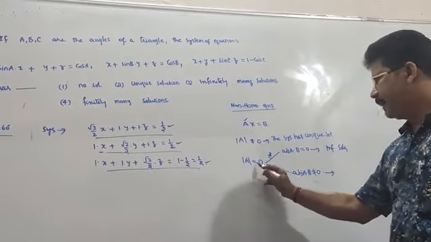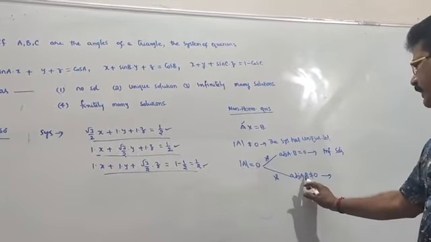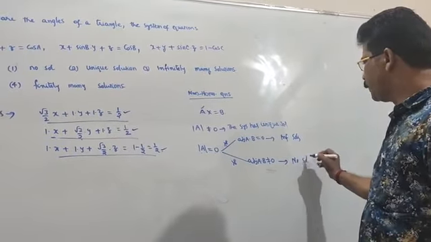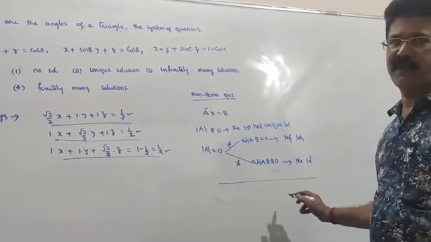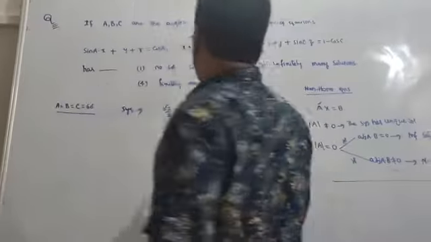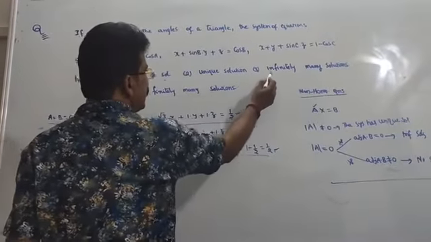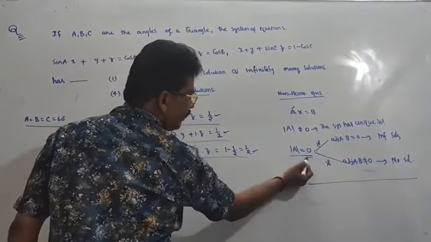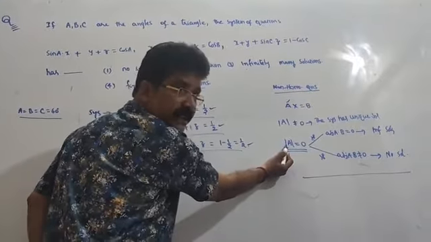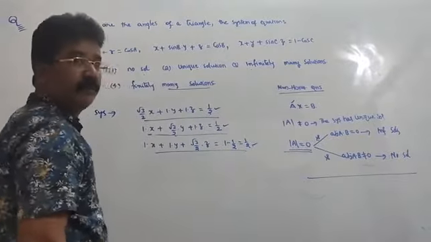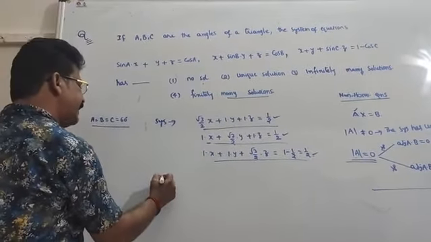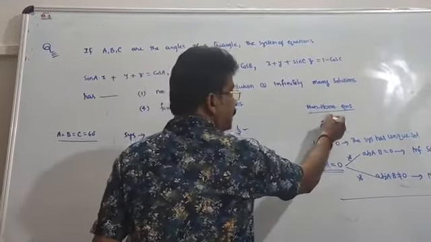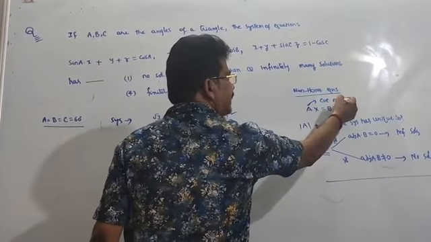Here, if det A is equal to 0 and adjoint A into B is not equal to 0, then the system has no solution. Already I said this in the synopsis. That's why, for no solution, unique solution, or infinite solutions, we have to examine whether the value of det A is 0 or not equal to 0. So here, det A is the determinant of A, which, as I already said, is the coefficient matrix.